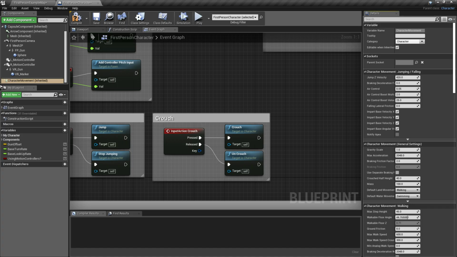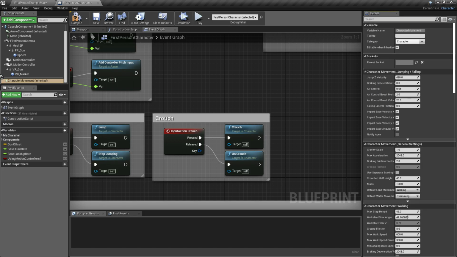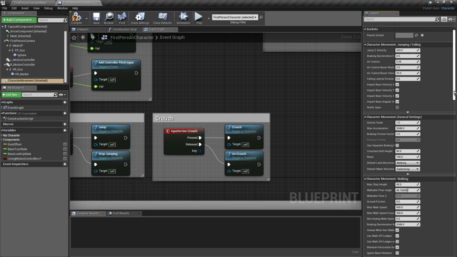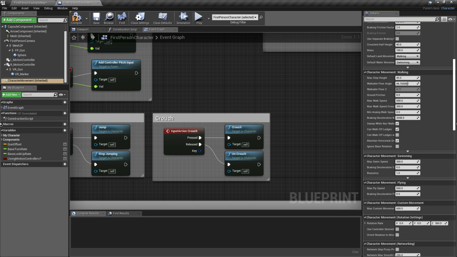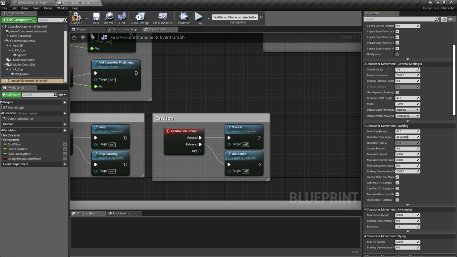In the details panel, you can see all the details of the character movement, like character movement for walking, swimming, general settings, and so on.